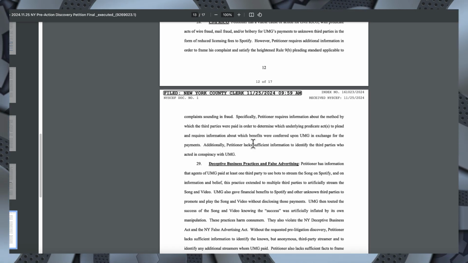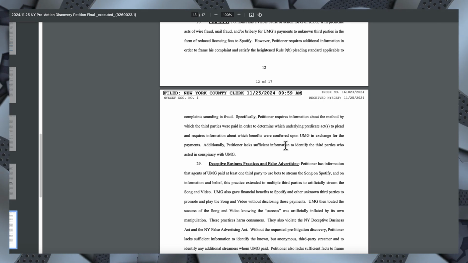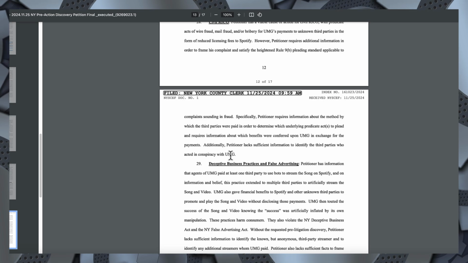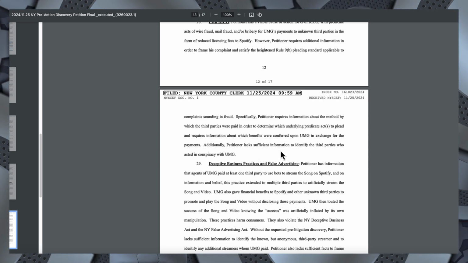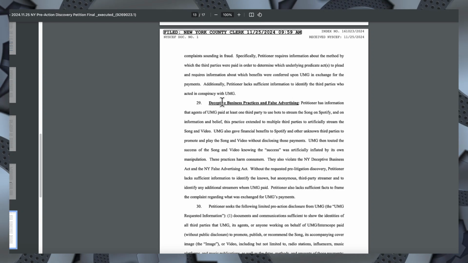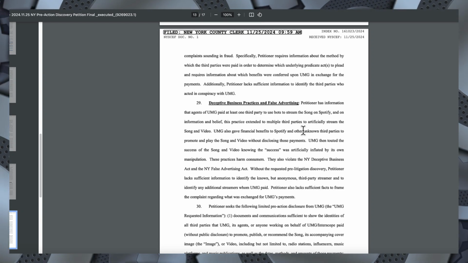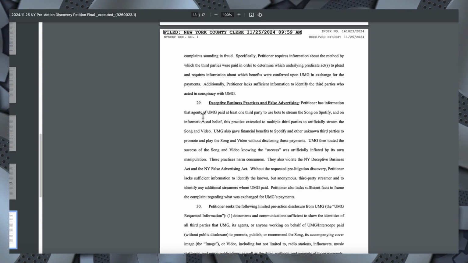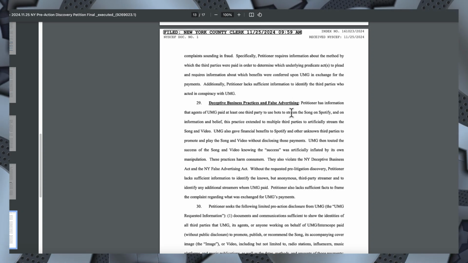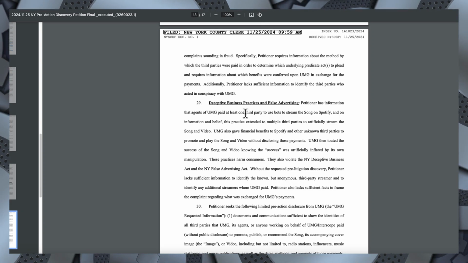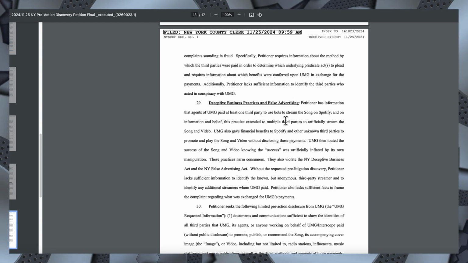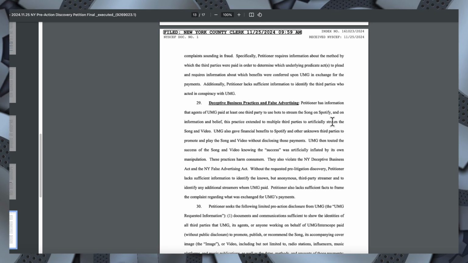Additionally, petitioner lacks sufficient information to identify the third parties who acted in conspiracy with UMG. Deceptive business practice and false advertising. Petitioner has information that agents of UMG paid at least one third party to use bots to stream the song on Spotify, and on information and belief, this practice extended to multiple third parties to artificially stream the song and